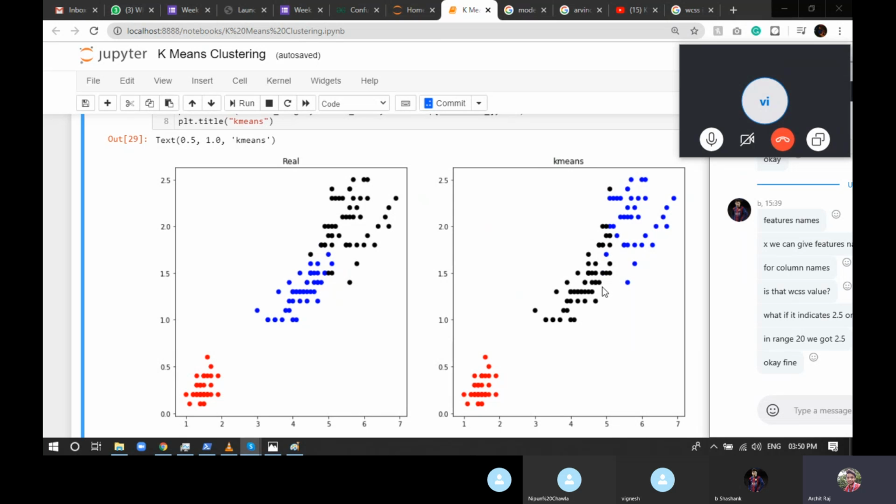So the answer that the model gave. Now you can see the real and the k-means are quite similar. You have some kind of error. It's completely fine that you'll have errors. One small thing you will notice in k-means versus the real clustering is that in the real one there is a kind of overlapping in the centers, but k-means tends to make a circular cluster instead of an overlapping cluster. As you can see here, there's a huge overlapping at these black points, complete black and blue.